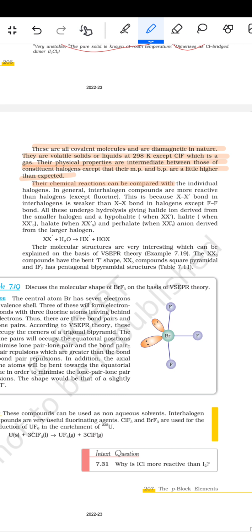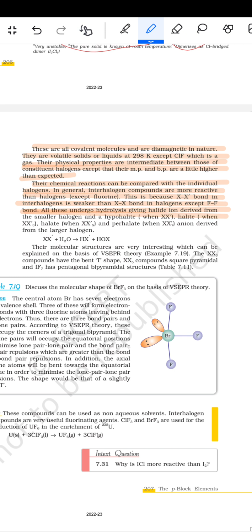Their chemical reactions can be compared with the individual halogens. In general, interhalogen compounds are more reactive than the halogens except fluorine. This is because the X-X' bond in the interhalogens is weaker than the X-X bond in the halogens except the F-F bond. All these undergo hydrolysis giving halide derived from the smaller halogen and